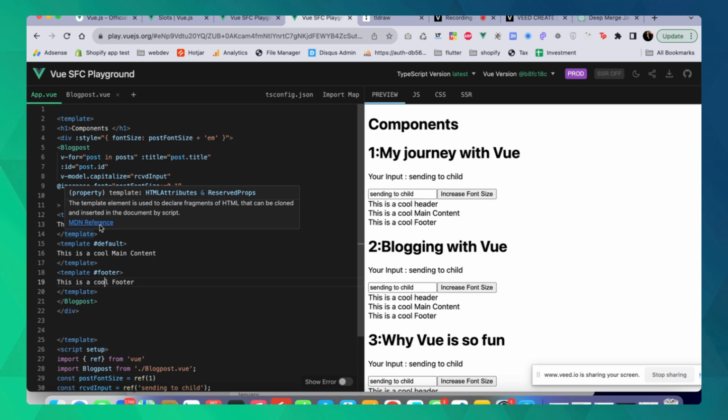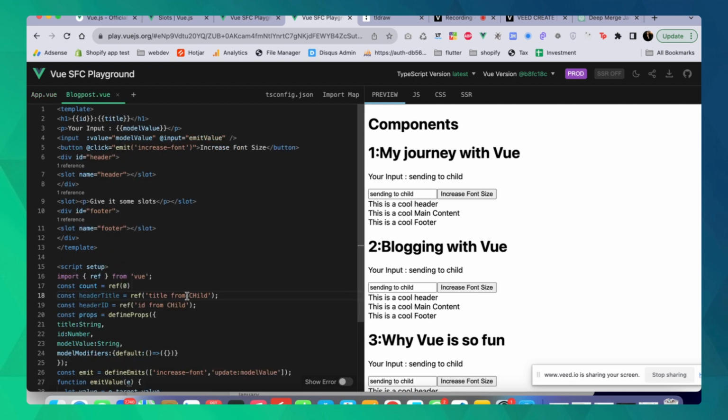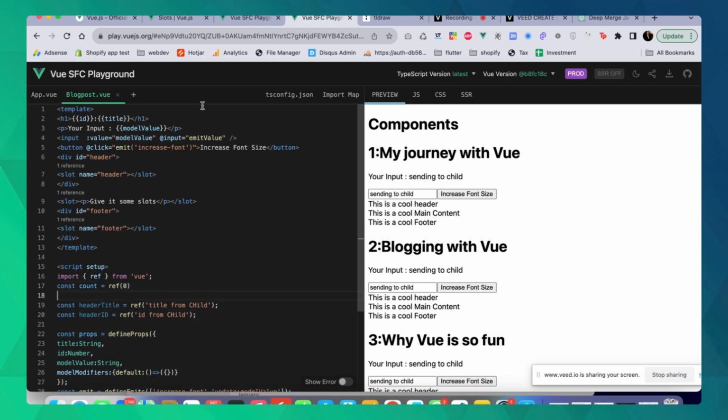Now you might be thinking, okay, with the props or with the image we were able to do it, but what about the slots? How will we do it from the slots? Well, there is a way. So let me make it clear. Okay, so now what I do is, inside this name header and inside this footer,